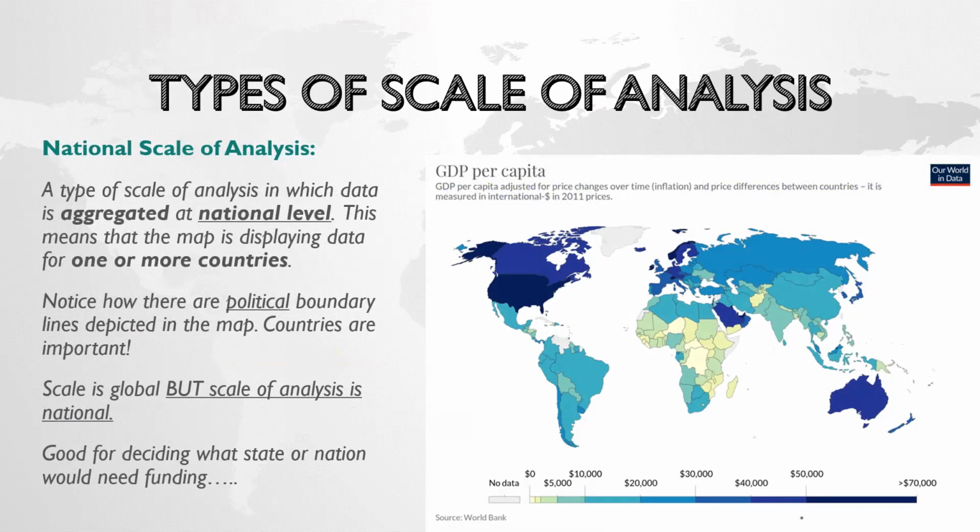Notice here how political boundaries are depicted on the map. So boundaries, countries, borders, that's all important. And this is where it could get tricky. The scale is global on this map, but the scale of analysis is national, because the data is organized by country,